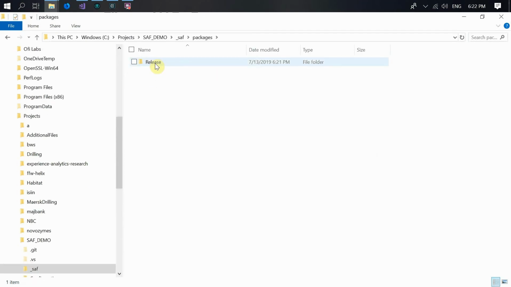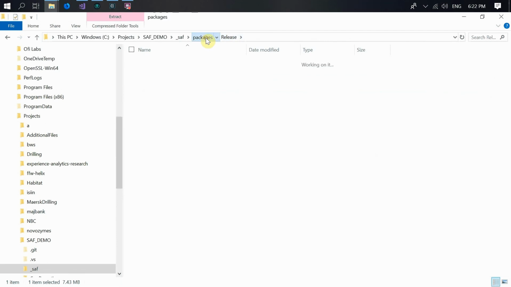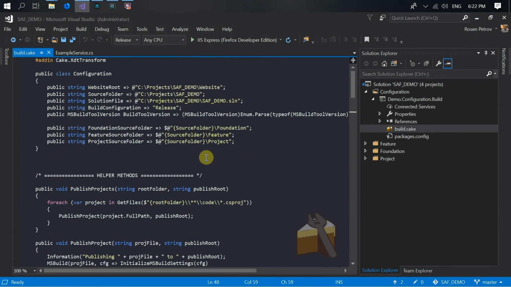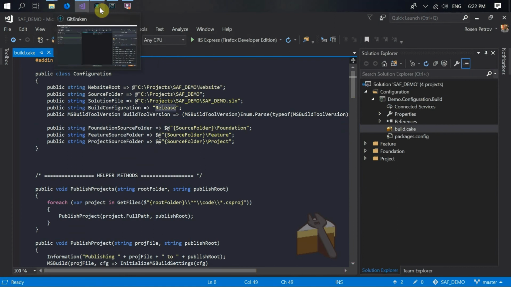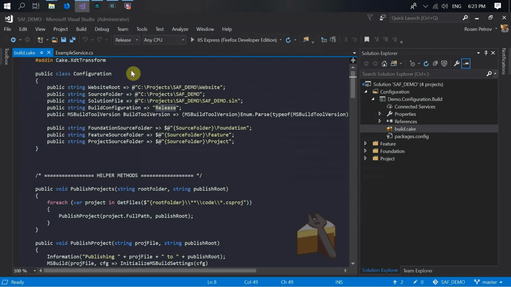Here in the SAF folder we have this release folder and we have this release incremental package, which now includes all of the files because we don't have previous deployments. And how it knows which build configuration to use, from here it uses the build cake file and the build configuration property here. So let's say that this is our first deployment and we